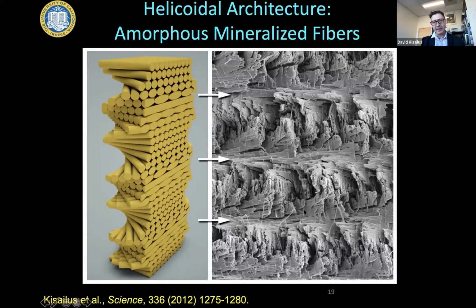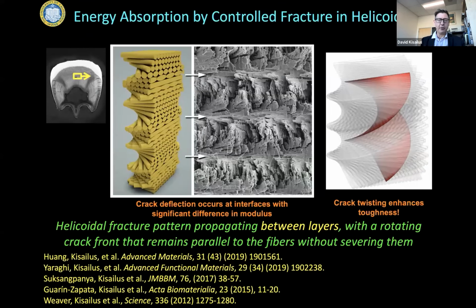The fibers in this organism are just made of a complex sugar called chitin, and the mineral surrounding the fibers, again, is calcium phosphate, a similar mineral to that found in your bone. So it's a composite structure, but it has this helicoid architecture. And it's this architecture that actually provides a lot of energy absorption to the organism. So we determined, using some modeling as well as some 3D printing to try to validate, what's happening inside that club every time it's impacting.